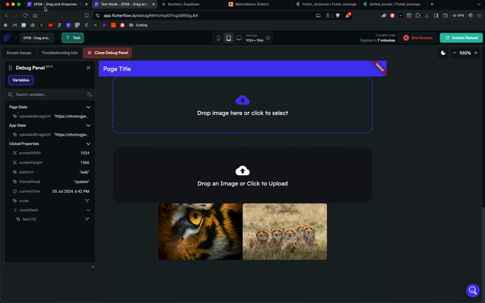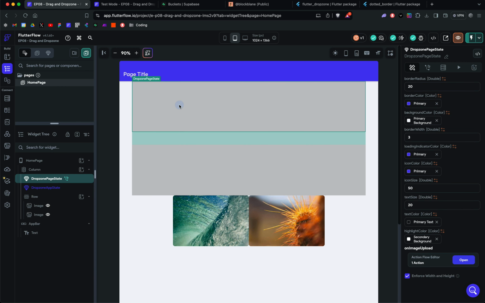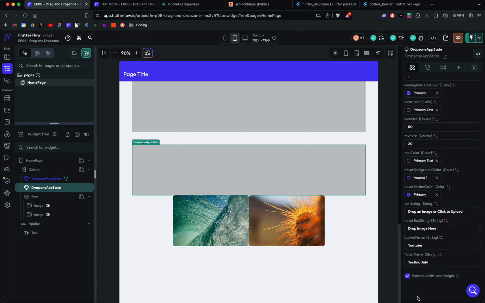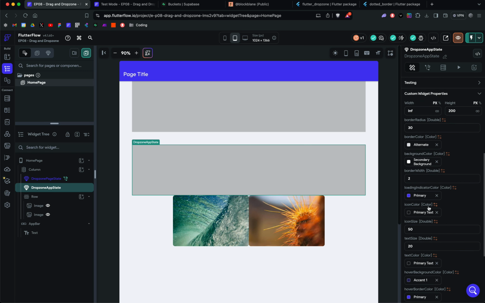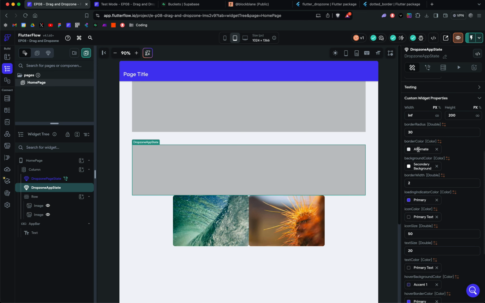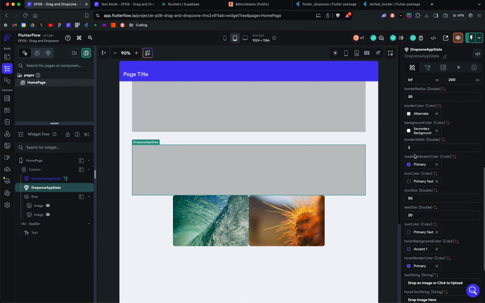Okay, so let's go over to our FlutterFlow UI builder. You can see there's two different custom widgets on here. This is how they appear on the UI builder, page state, app state. If we head to the app state version, there are multiple parameters that we have built into the custom widget code. We can change the border radius, the border color, the background, the border width, the loading indicator color, the icon